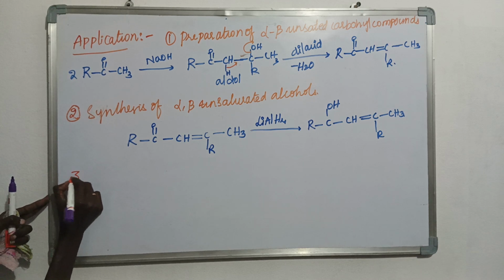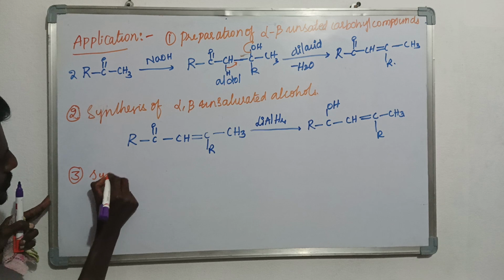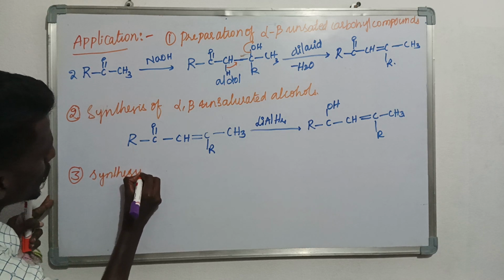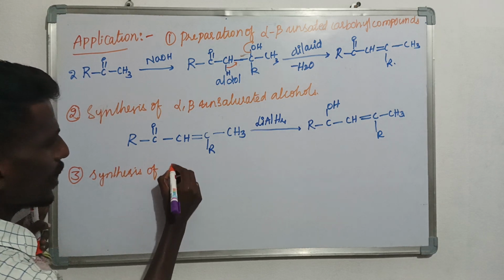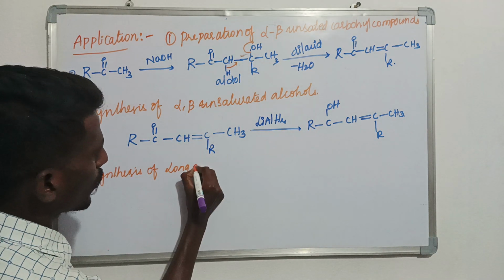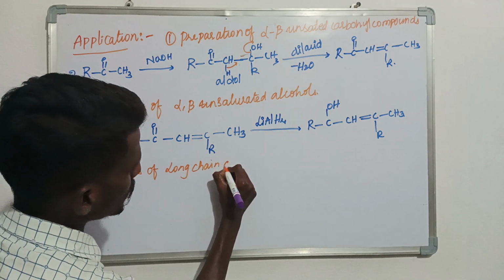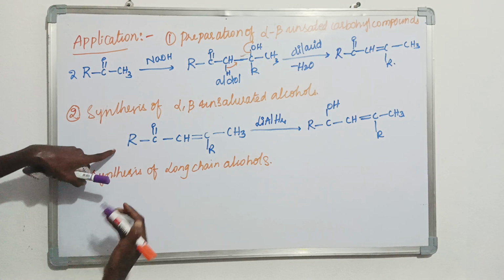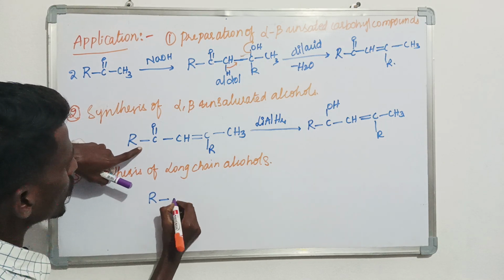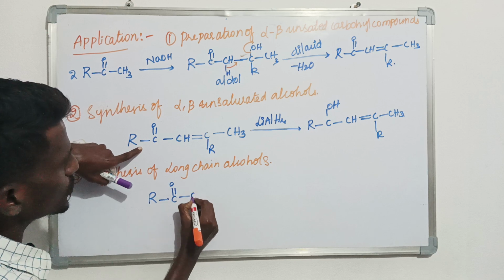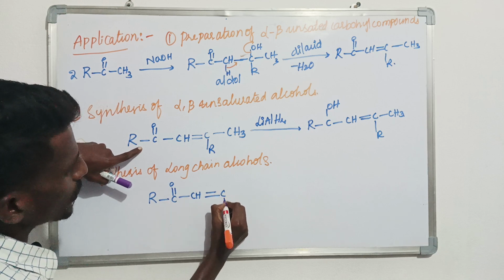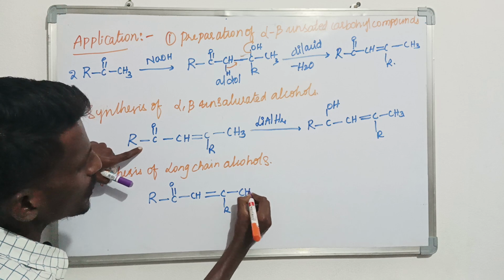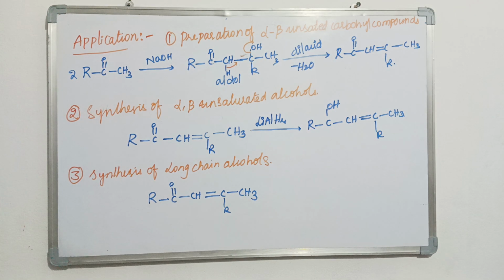Then coming to the synthesis, or maybe preparation, of long chain alcohols. So same. These are the products. The aldol is the product. Alpha beta unsaturated aldol, or maybe aldehyde, is the product. Then this alpha beta unsaturated aldehyde or ketone